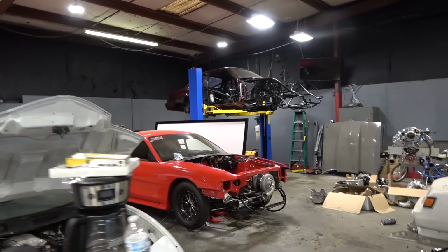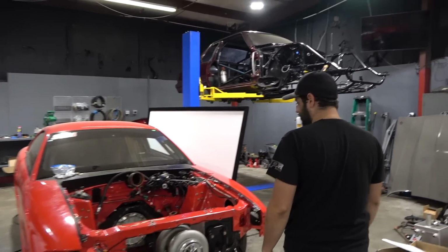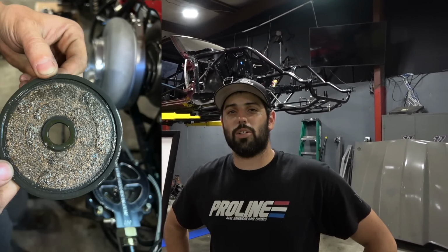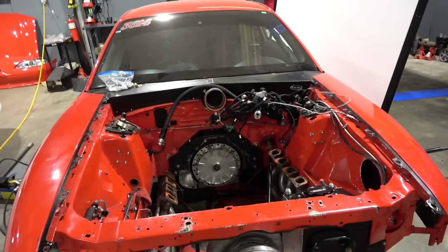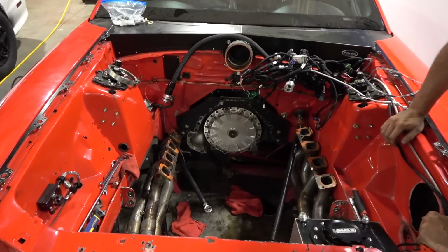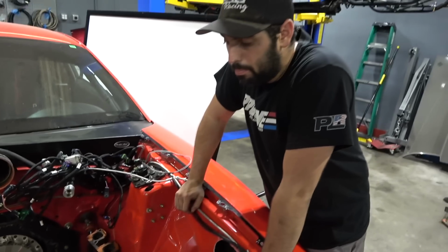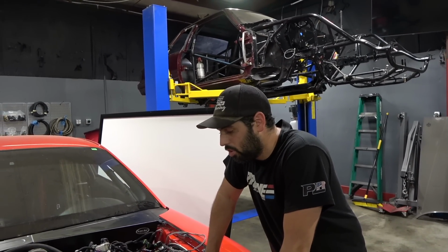A lot has happened. Insert picture of the Clearview. That's what kind of sparked all this. So, you guys saw us working on this thing, and I think the last you saw was the pan. We took the pan off, and the pan didn't look good, and we said we got to pull the